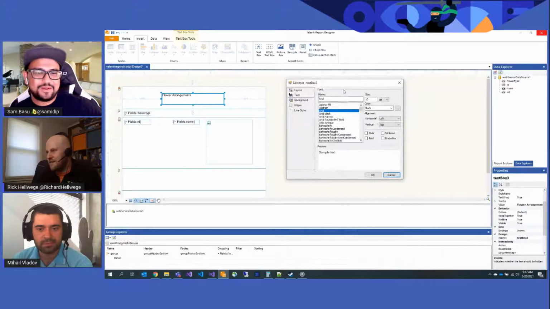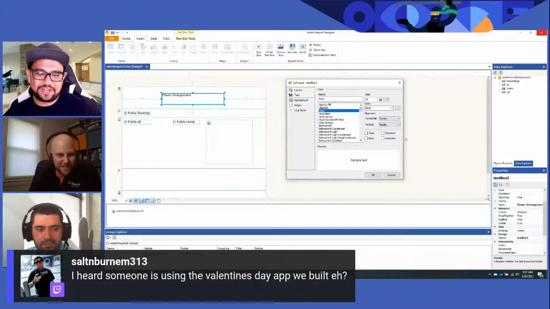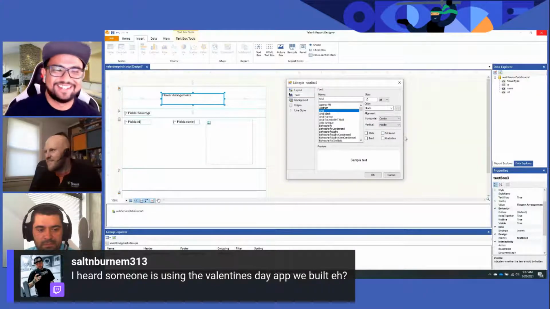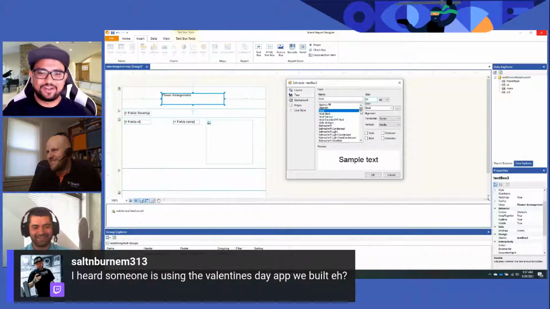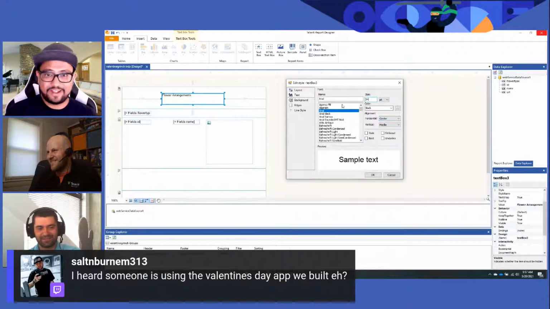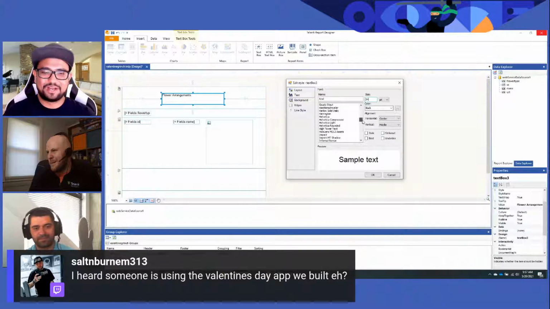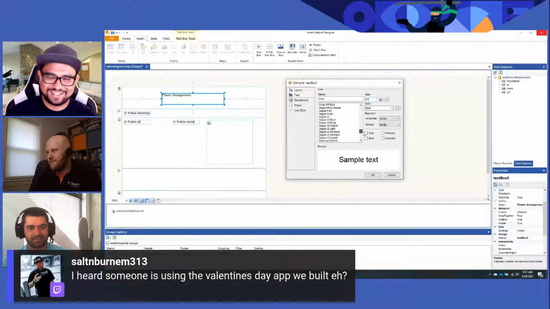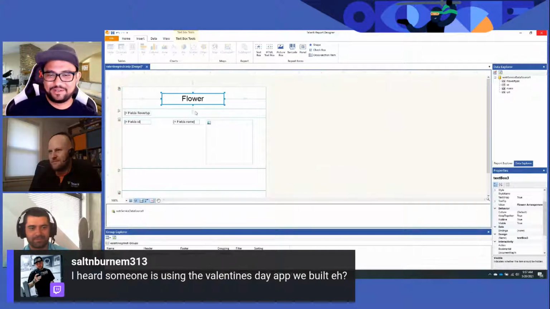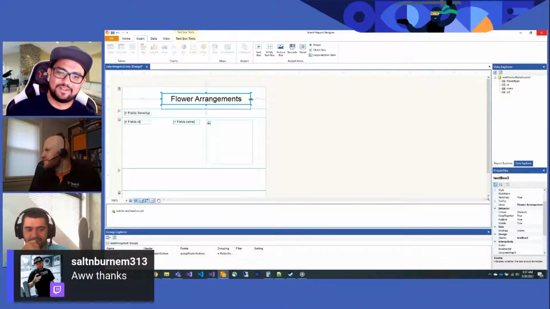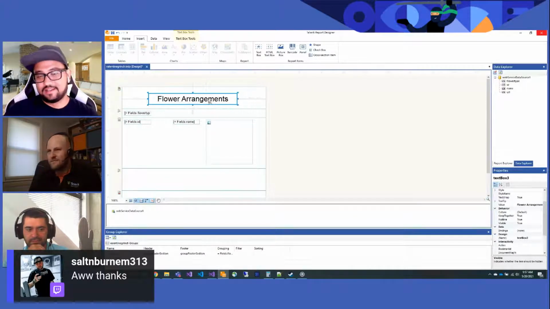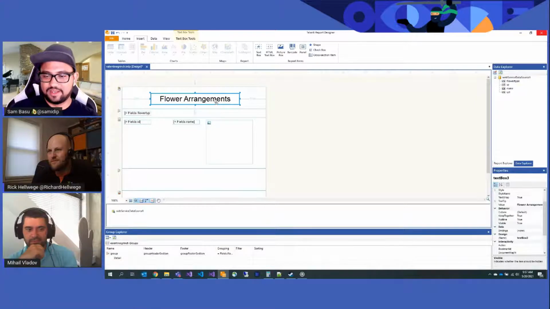So while you're doing this, Rick, guess who's lurking in the chat room? That's Sultan Burnham. Hey, Chris. He's the man. He's the horror story or horror genre fan that we had to honor while we were building our flower shop. Chris is awesome with accessibility and all types of modern web stuff and other types of apps as well. He's all in.